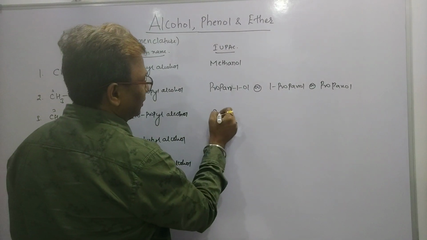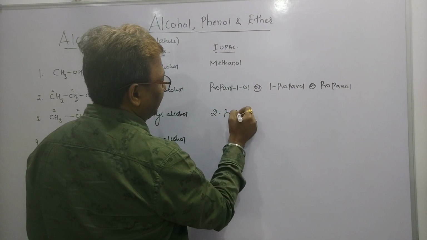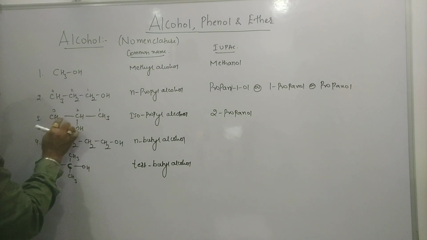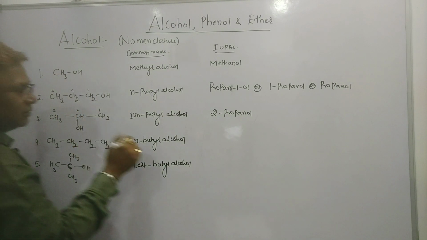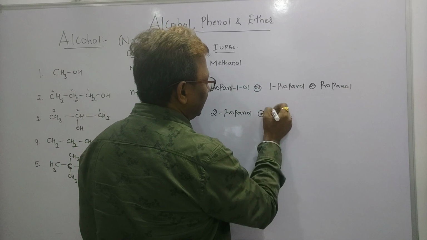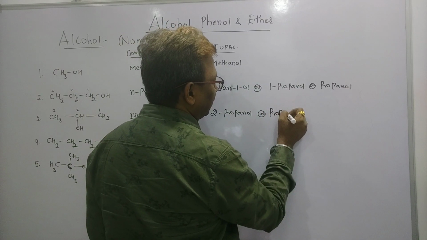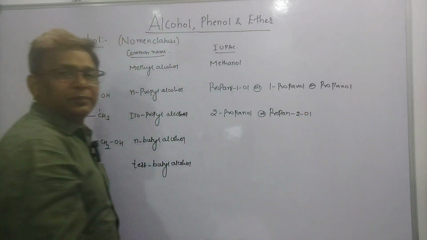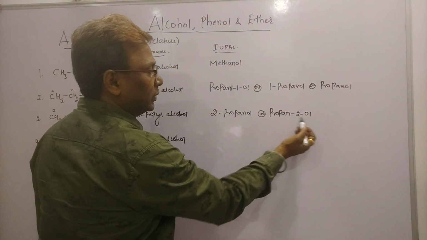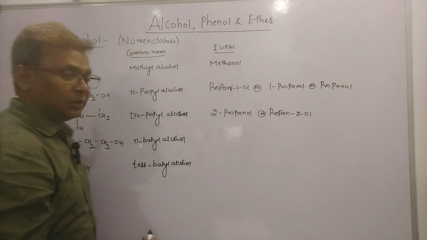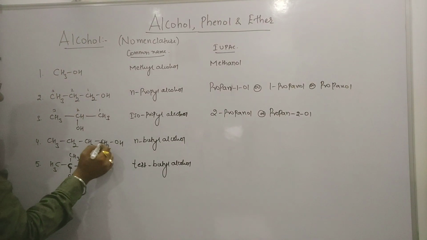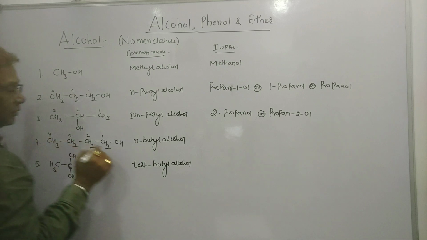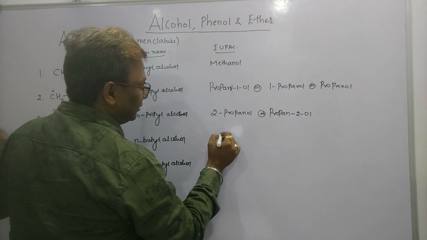So directly write 2-propanol, right? Because OH is on the second carbon, 3 carbons means propane, or we can write it in this way also. See, PROP, prop, single bond AN, the last E replaced by OL, which is on the second carbon. So propan-2-ol can be written as 2-propanol. In this case, OH is bonded to the carbon number 1, 2, 3, 4. So I should write here as a